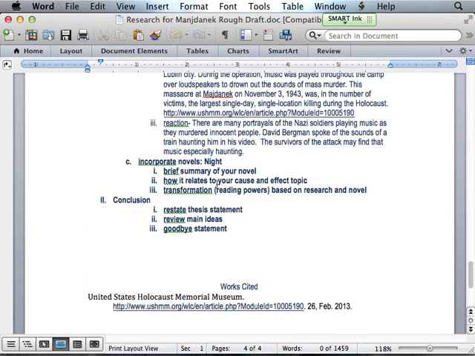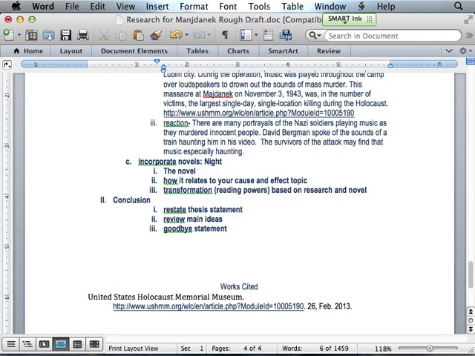So, first thing we have to do is write a brief summary of our novel. We can do that in our own words. You don't need to cite the source, but you will give an in-text citation at the end with the parentheses. So let me think out loud for a bit. Talking about the book Night by Elie Wiesel.